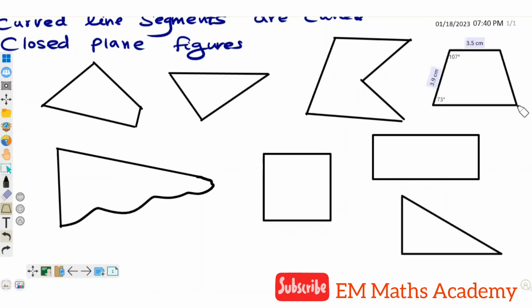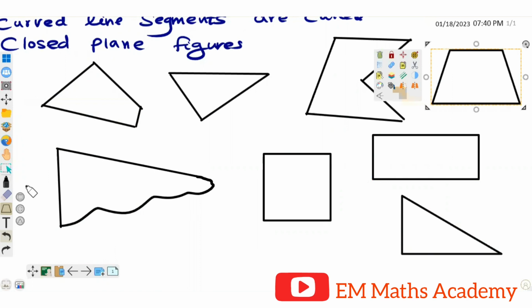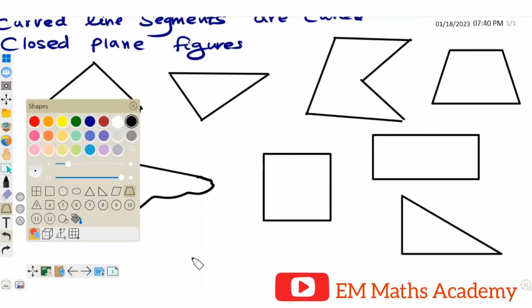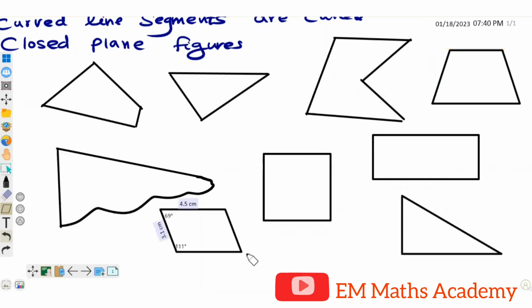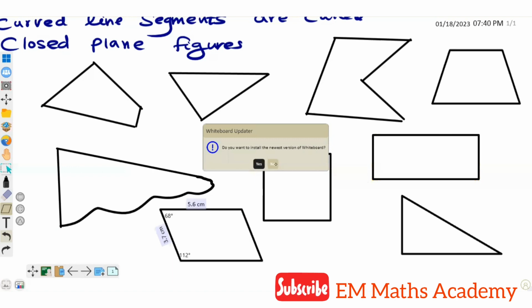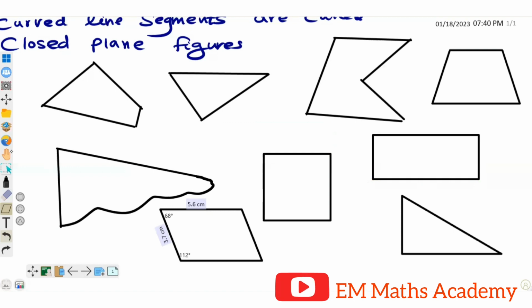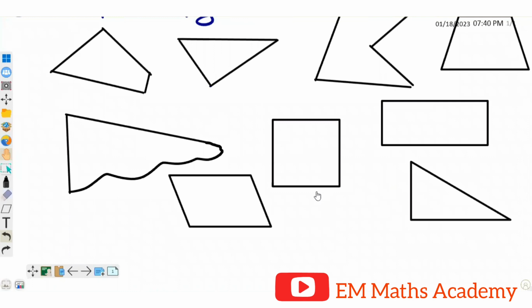And what is the name of this one? A trapezium. This kind of one, a parallelogram. Okay. Now all these, except this one, are bounded by